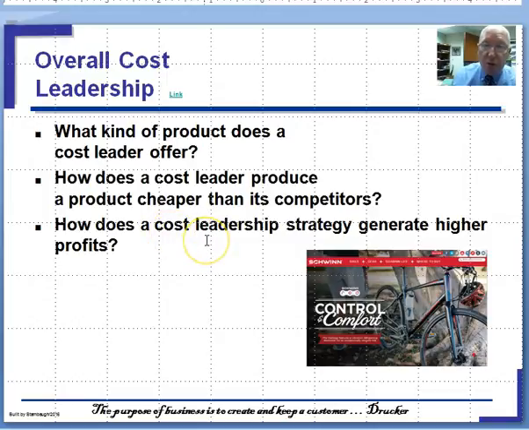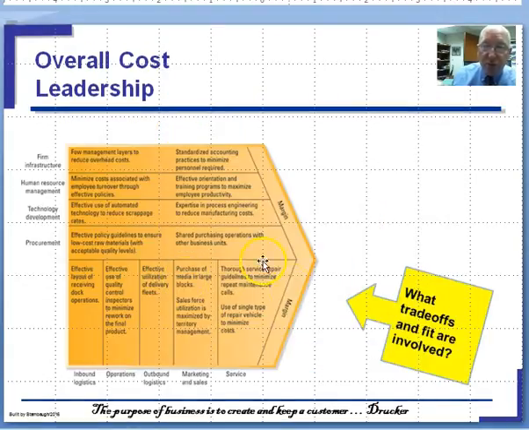They can either lower their price, still have an adequate profit margin, and build volume and try to force the other companies that don't have a profit margin like that out of business, or they can leave their price where everybody else is and just enjoy a larger profit margin, which in and of itself should generate an above average return. In cost leadership, you want to think about the trade-offs that are involved in the value chain